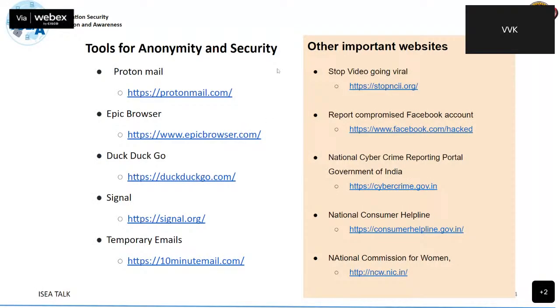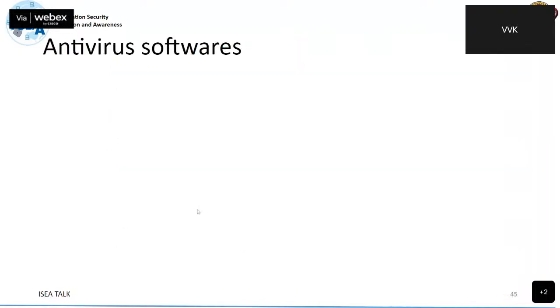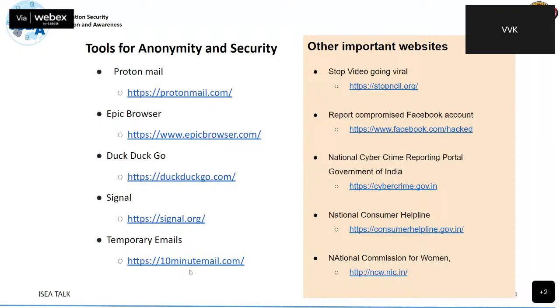So how to avoid all these? There are many other tools available like Proton Mail, Epic Browser, DuckDuckGo search engine, Signal app, and many temporary emails, like 10-minute mail and all that stuff. You can make use of these instead of regular emails to avoid tracing back of what you do.